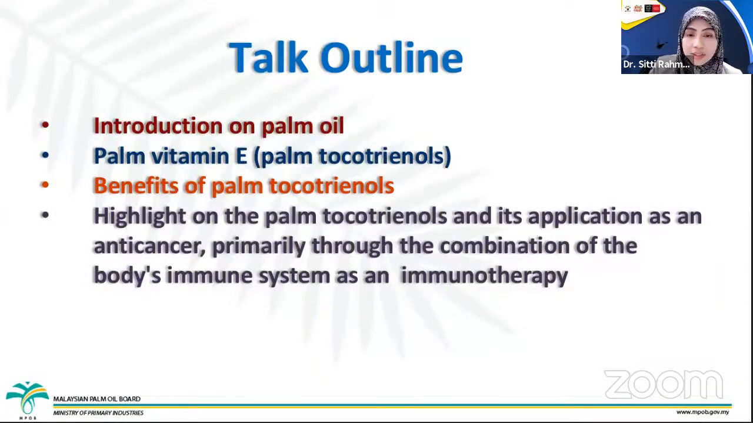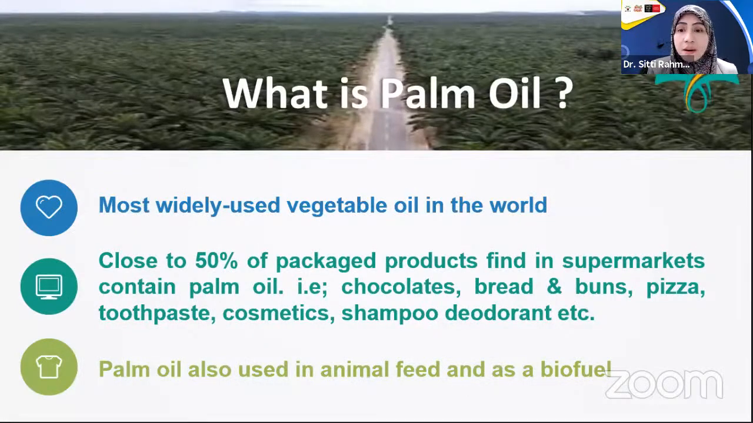Okay, this is my talk outline. Let's go to the first of my slides. What is palm oil? Palm oil is traditionally used for edible purposes such as cooking and frying. It is widely used as a vegetable oil in the world, and currently you can find so many palm oil products, close to 50% of the packaged products found in the supermarket, such as chocolate, breads, buns, pizza, toothpaste, cosmetics, shampoo, deodorants,